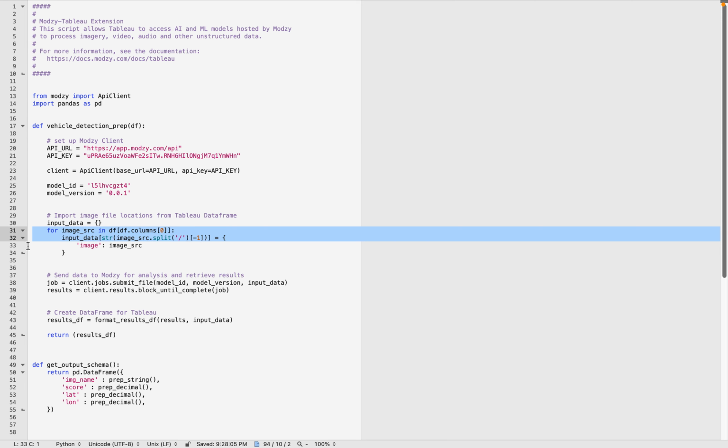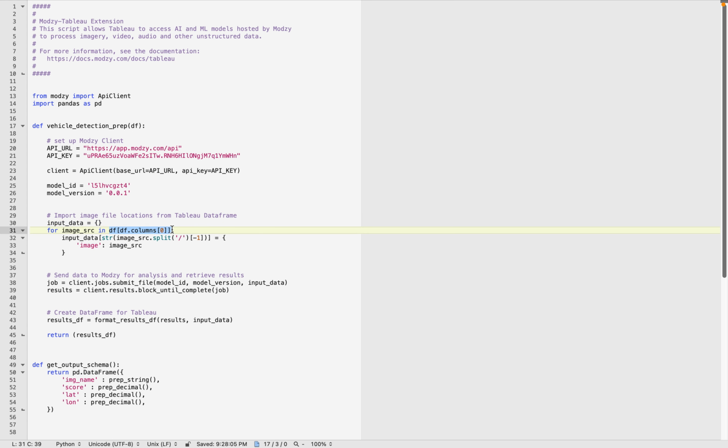And then I've changed this input data. So in the example, it's just a single file, and it has a placeholder name. I've dropped this into a for loop so that every single file that Tableau sends over to this script will be presented here in a giant batch job. I'm also using, you can see this DF.